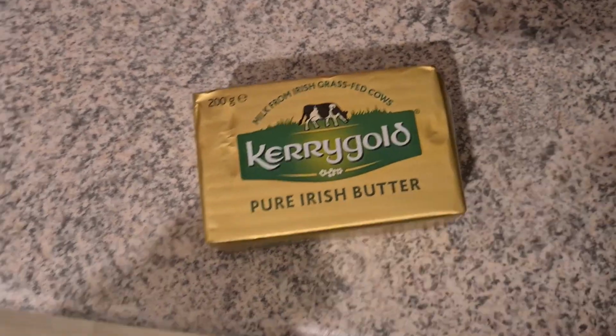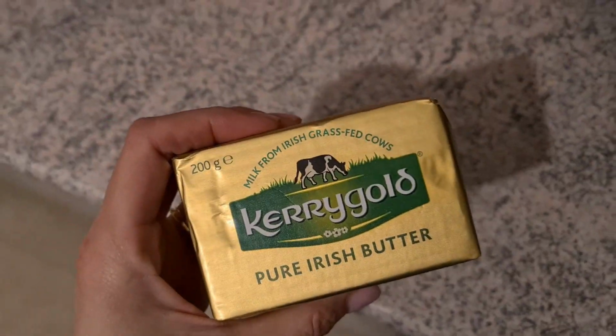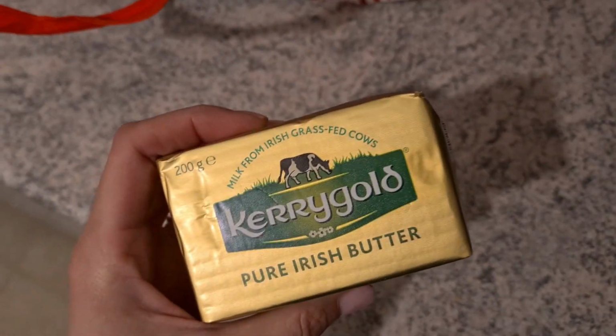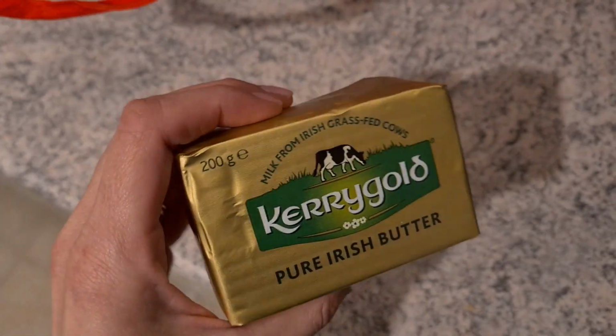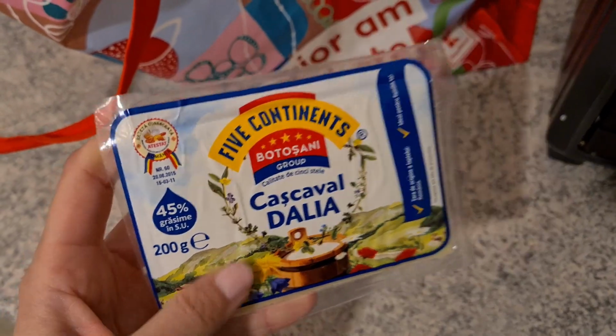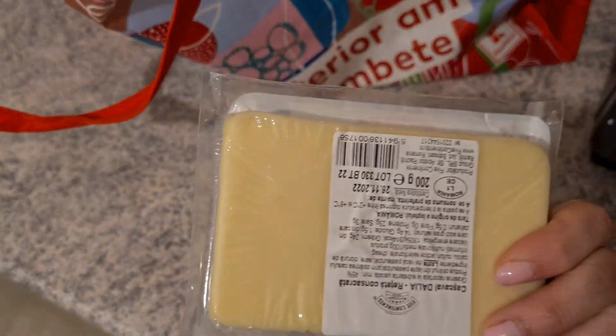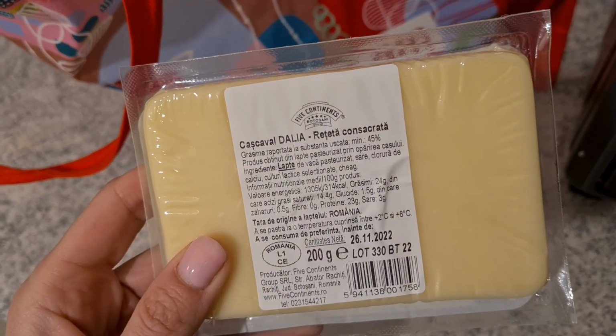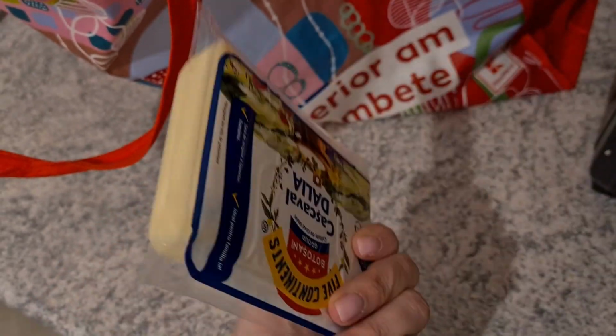I'm not sure if people usually buy this butter because it is a bit expensive, but I love the taste. I know it's not made in Romania, but I really like it. And some cheese. These guys from 5 continents have some rather natural products, so whenever I can I buy from them. Some cold cuts,